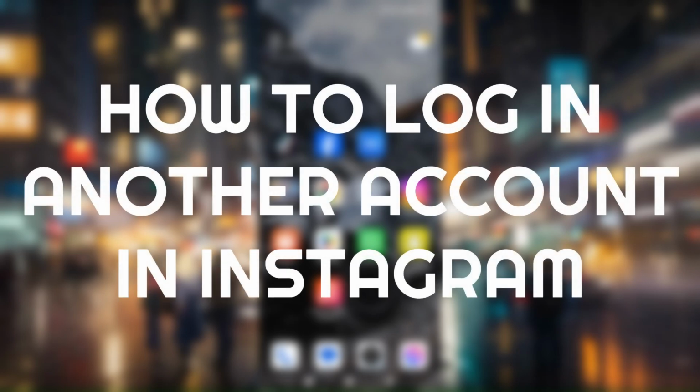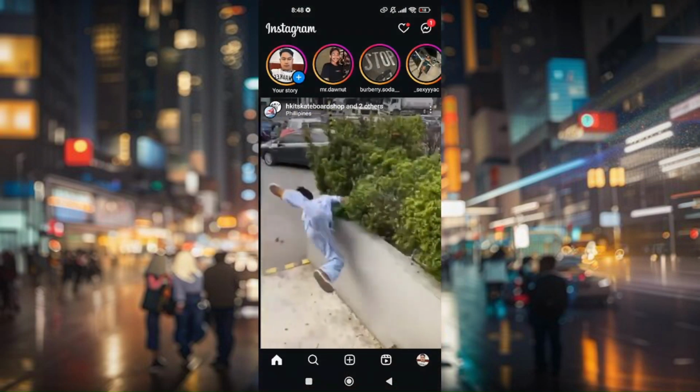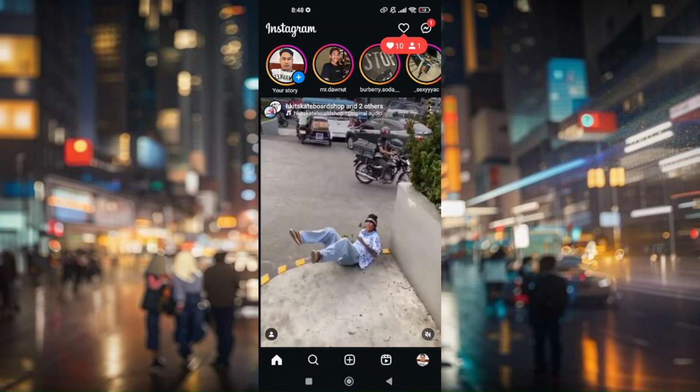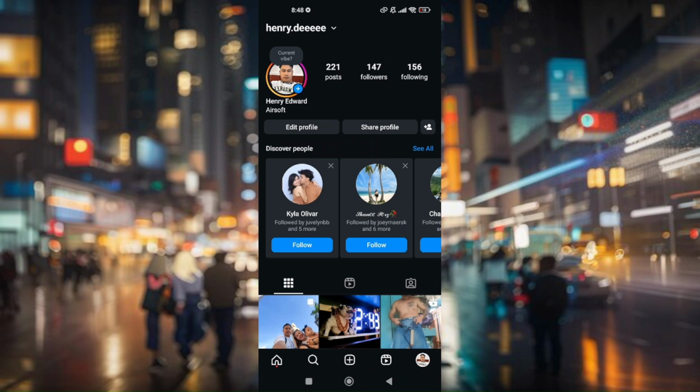How to log in to another account in Instagram. First things first is to access your first account. Now, once you have logged in to your current account and you want to log into a different account, usually